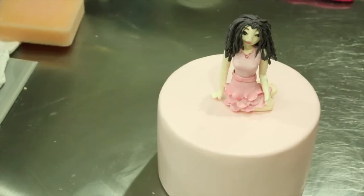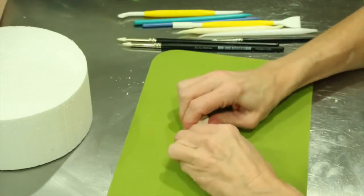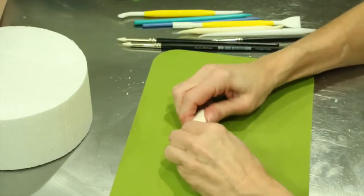And this is my little figure that I made, and it's a caricature of my daughter. And I'm going to show you how I did it. Alright, so I'm going to show you how to make the legs, the mermaid style legs that I did, and